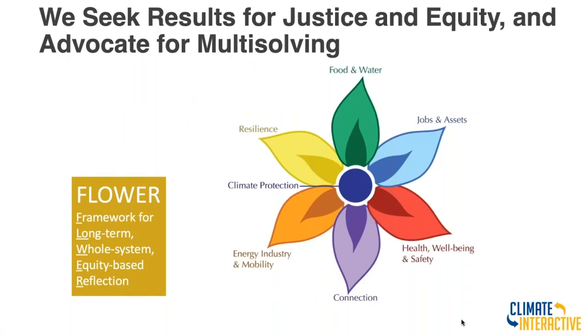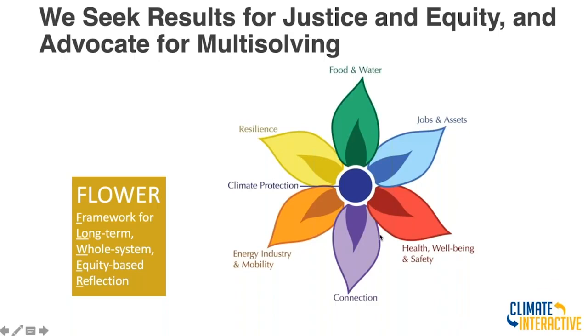So along the way, we really want you to be thinking about how to incorporate other principles that really matter, both as a way to help get traction for action, but also to make sure we come up with things that solve the system. So we really need justice and equity, and we call that approach to addressing all of them together multi-solving. There's a lot of resources on our website about this.